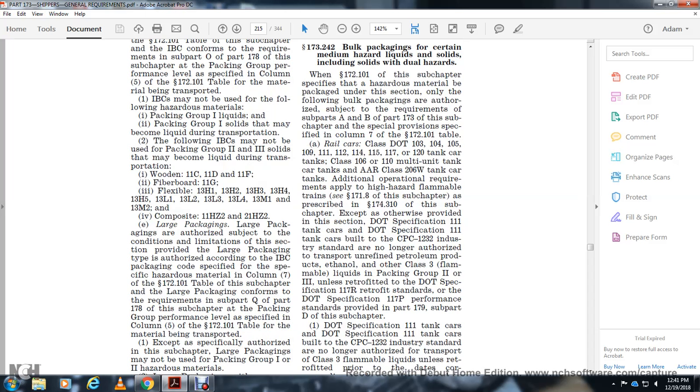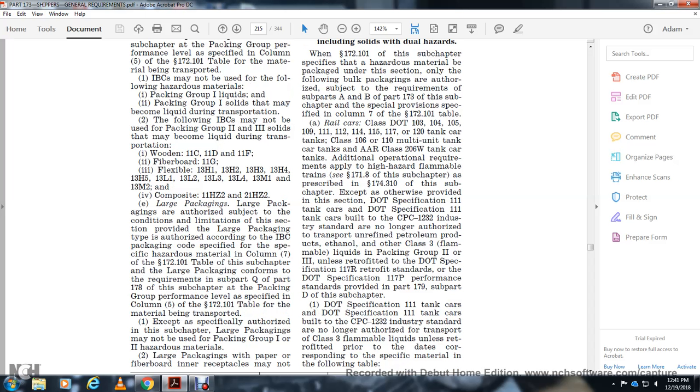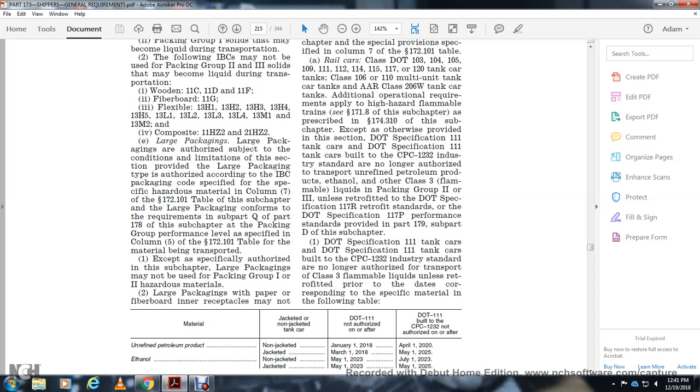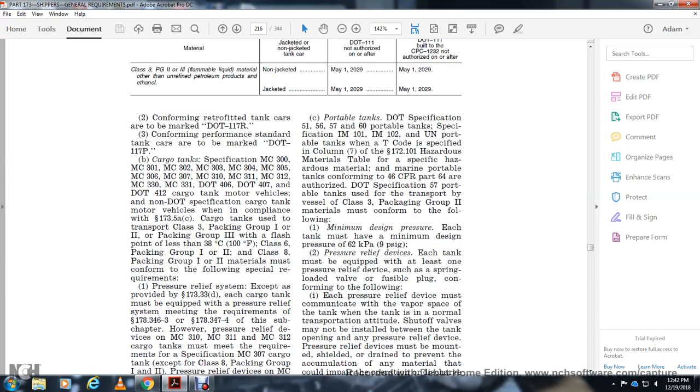Performance standard with part 179 subpart D applies to DOT specification 111 tank cars. DOT specification 111 tank cars built to the CPC 1232 industrial standard are no longer authorized for the transport of class 3 flammable liquids unless retrofitted prior to the date corresponding to the specific material in the following table. Tank cars conform when retrofitted to DOT 117R, or conform with the performance of DOT 117P, or the cargo tank specification 300,